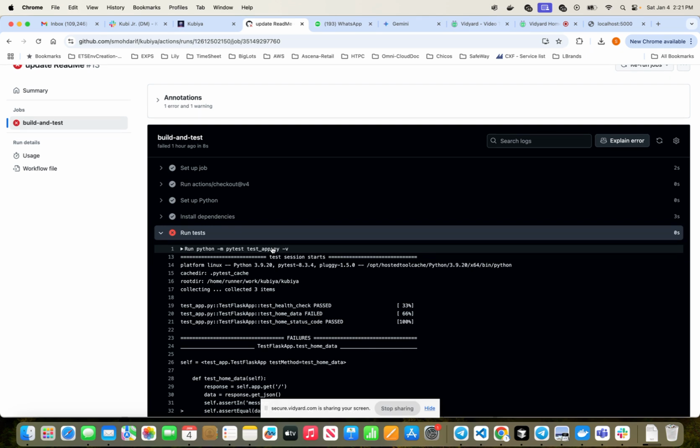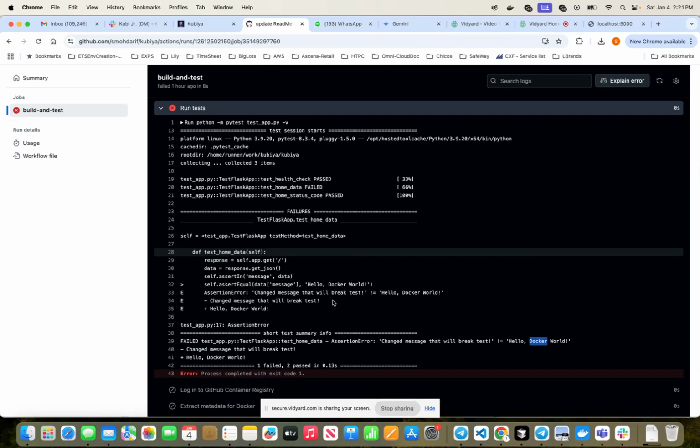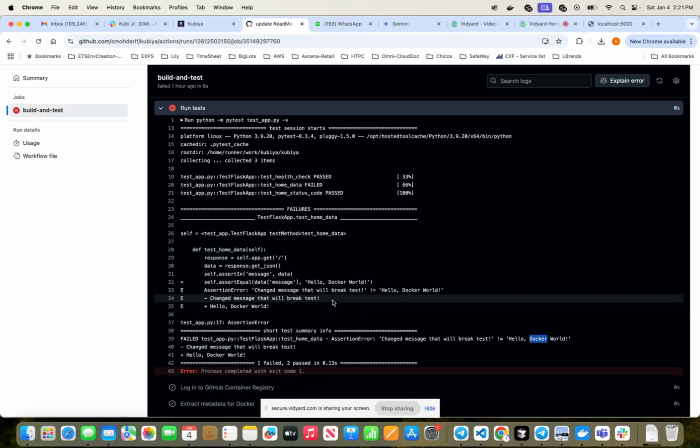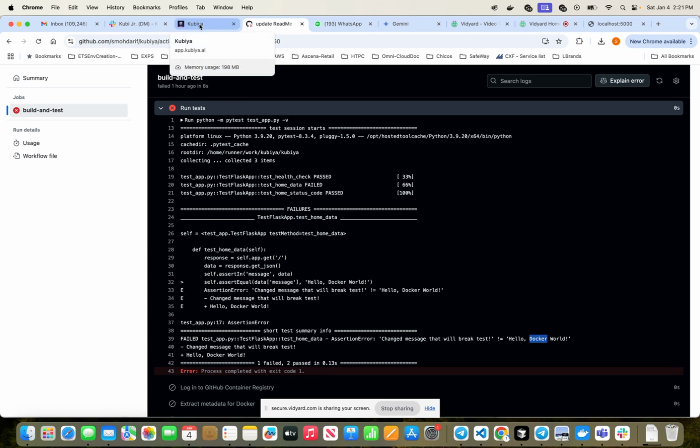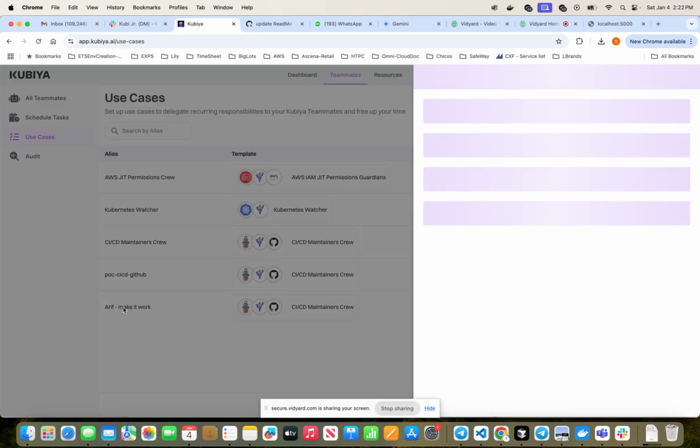Now, talking about Kubiya: without Kubiya, someone has to come here and understand what exactly happened on this test run and why it failed. Someone has to manually log in and understand all these specific things here. Now with Kubiya, if you see here, there is a concept of a use case. Once I make a use case here, what we are doing here is